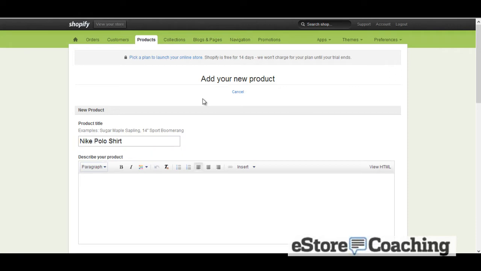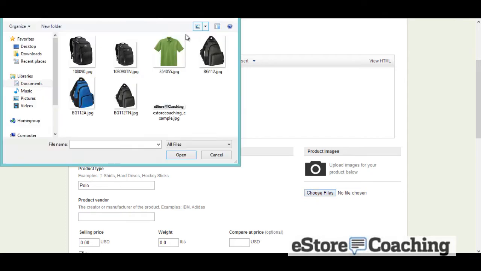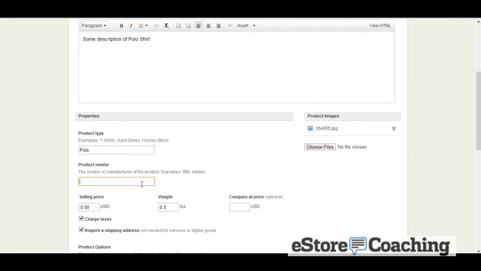Let's add our generic Nike polo shirt and some sort of description. So far it has the same type of feel as the previous version, same product page look. We're going to add a polo, and let's select an image, add some vendor information, selling price, weight,